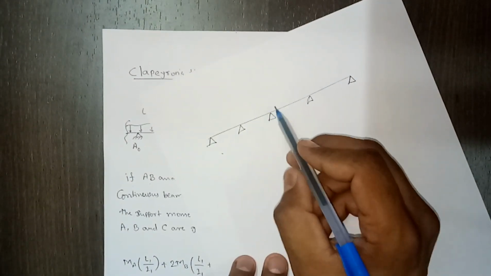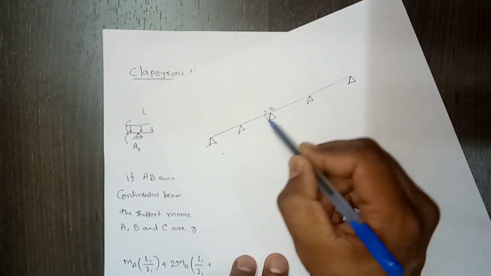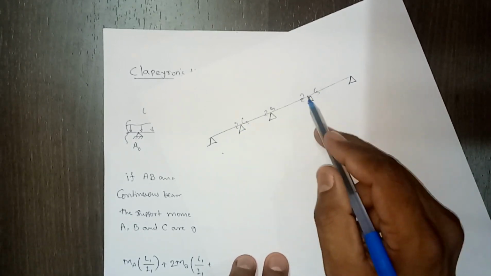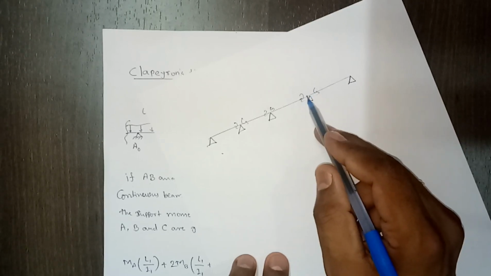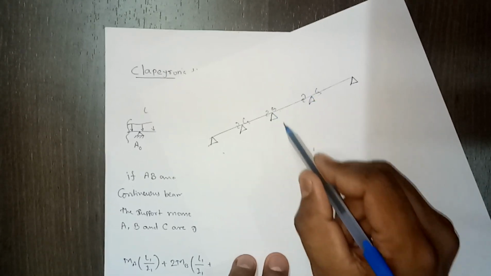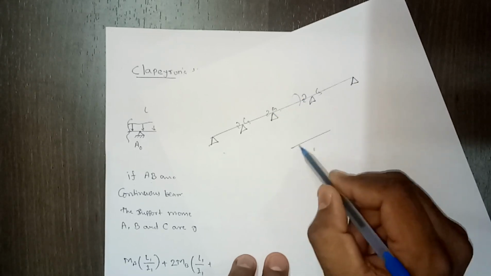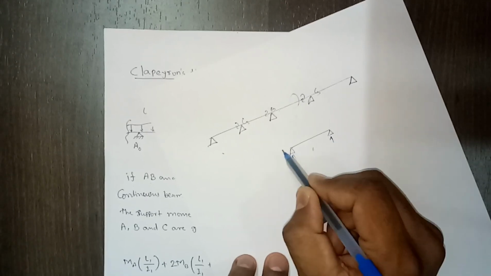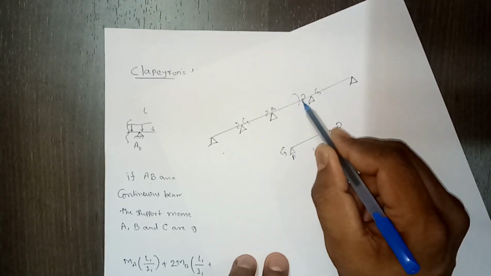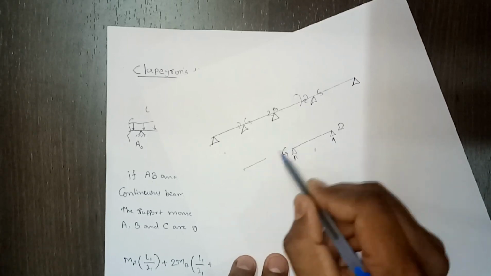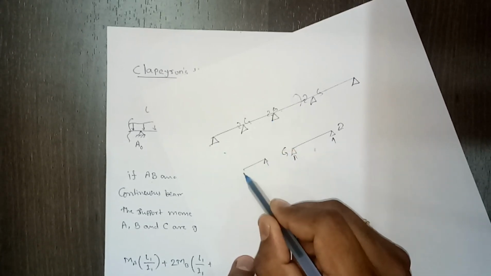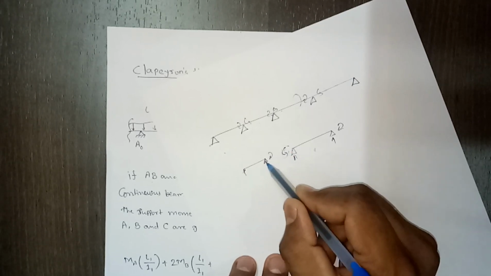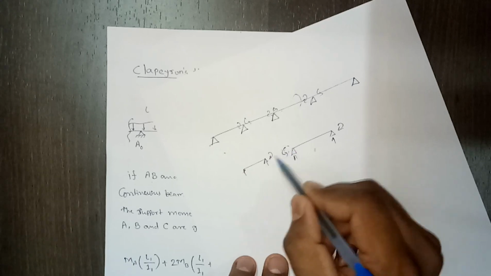Because of this continuity, it develops moment at these supports, and this is called bending moment at the support due to continuity. So if you try to draw the free body diagram of this span, then you'll have these support reactions, but in addition to this vertical support reaction, you'll also have this moment due to continuity. If you draw this second span, then again vertical reaction, and whatever the moment we have, the opposite moment will act at the other side, right? So this is because of continuity.